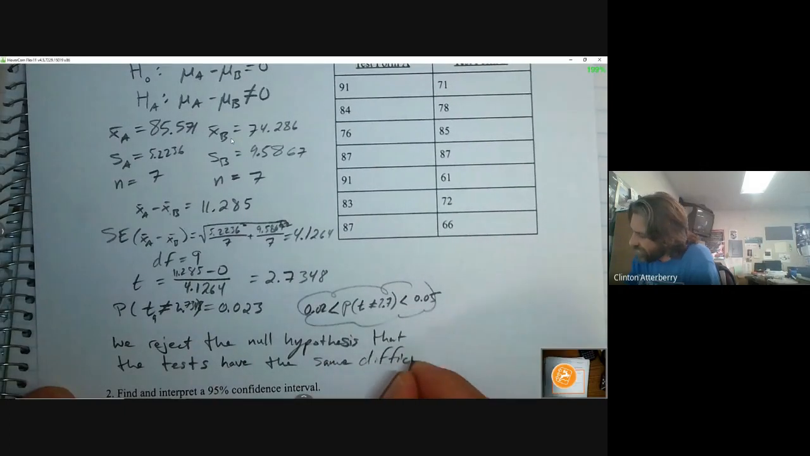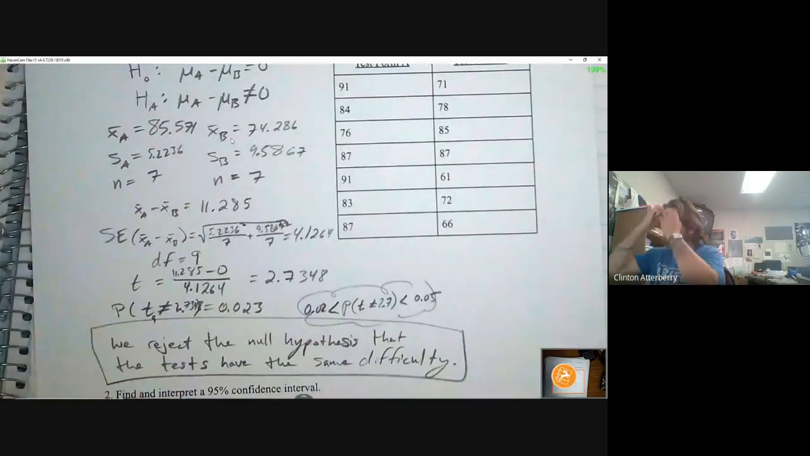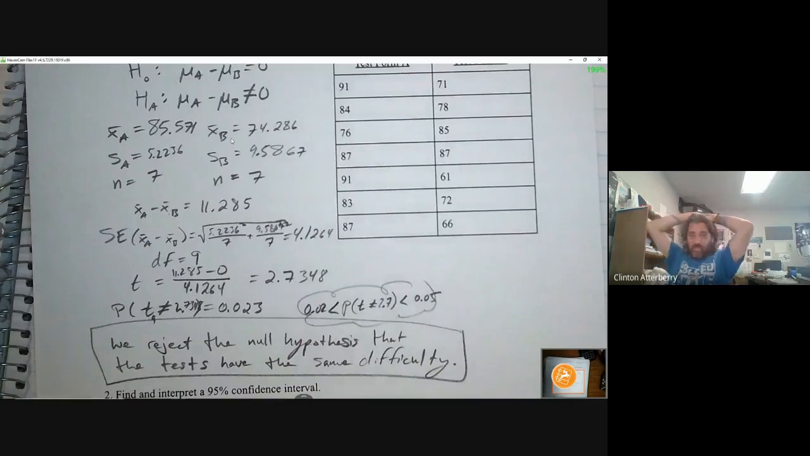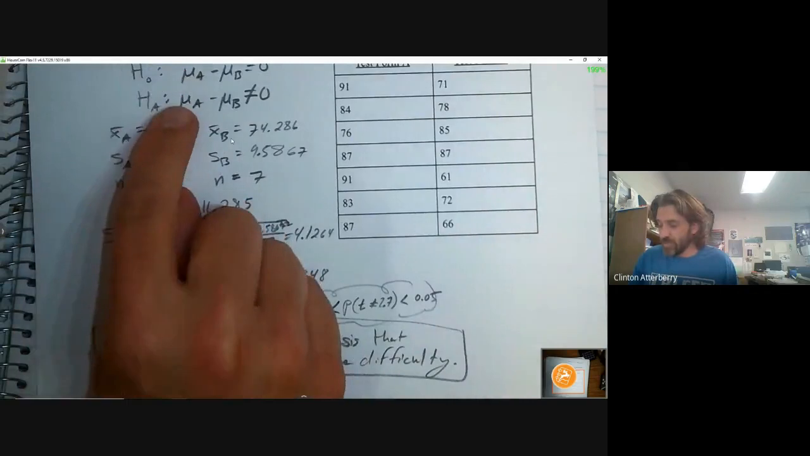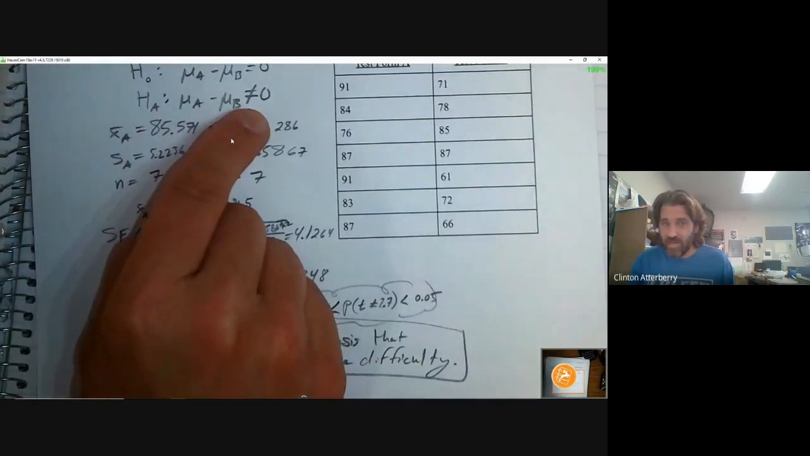There's a handful of ways we could have answered this, okay? But at the end of the day, you reject the null hypothesis that the tests have the same difficulty. We are going to reject that, meaning we're not going to accept that, and we're going to say it looks like, it appears, we believe, all those kind of words, right? We believe that the alternative is true, that there is a difference, that their averages are not